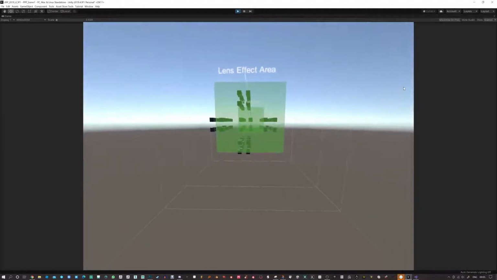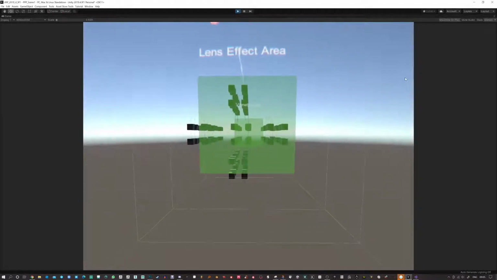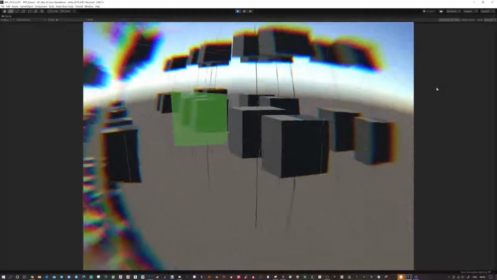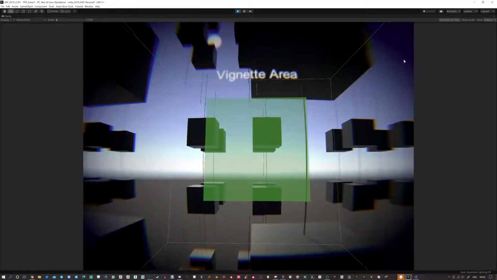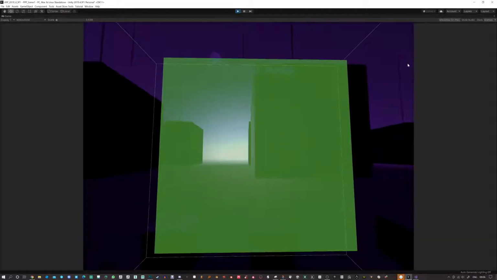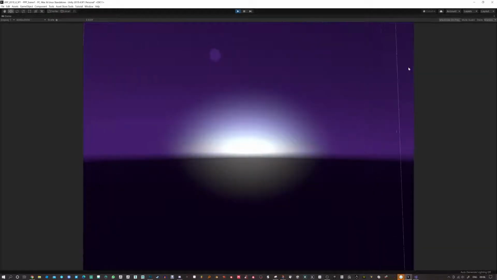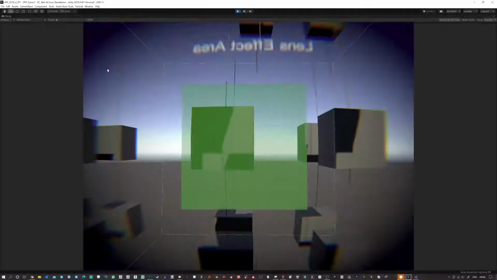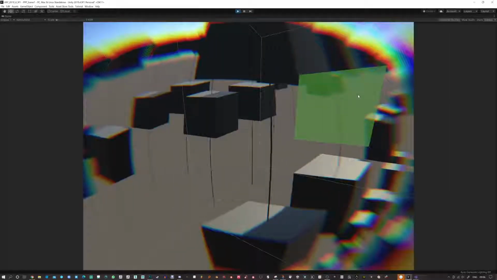So as you can see, as I move into the lens effect area, it starts to have an effect, and when I'm completely in the volume, it's got full effect here, and it's a really distorted lens effect. So it's got a little bit of the chromatic aberration plus lens distortion. And now as I move out of that volume, we start to get the blend towards the vignette area, and when I'm in the vignette area, this is the effect of that. So you can get different effects for different rooms as you go between these two zones,